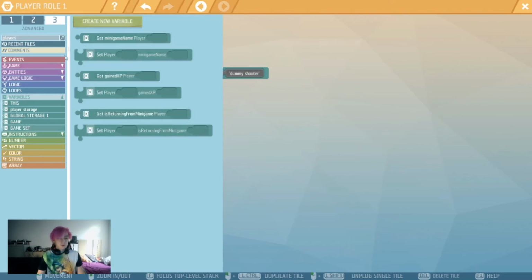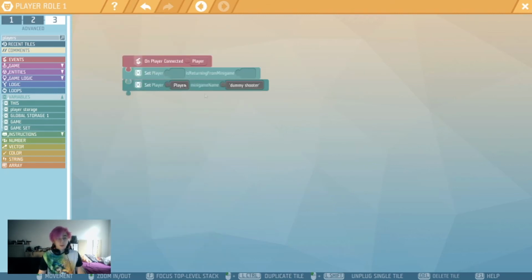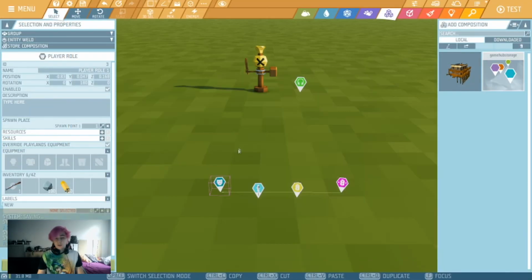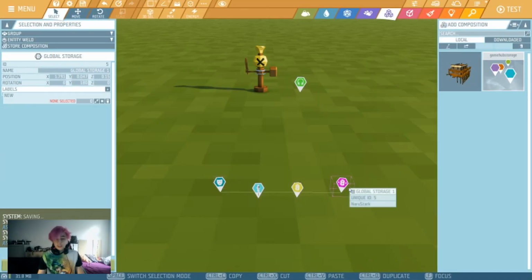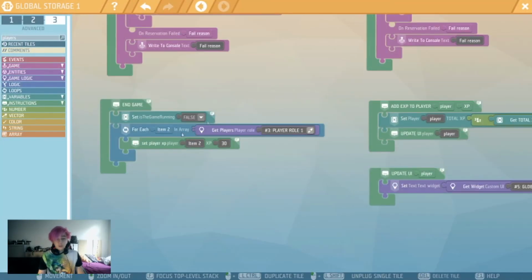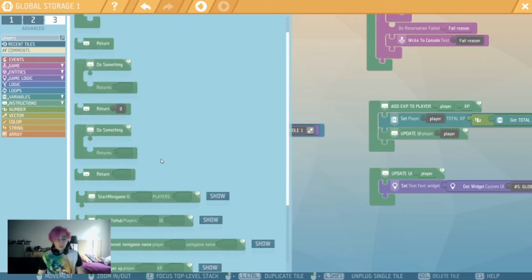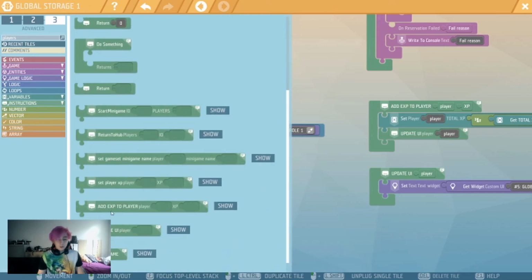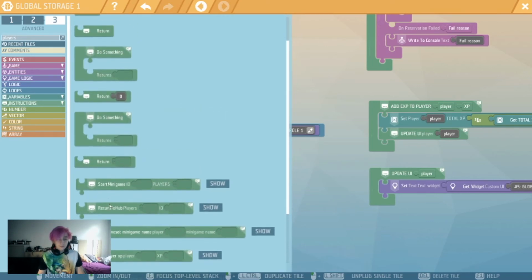And of course we also want to set our is returning from minigame to true because, well, we are in the minigame. Yes, so on player connected we set true is returning and dummy shooter as the name, and the experience we set at the end of the game as we have here. Once we set the experience, we are going to call the return to hub,